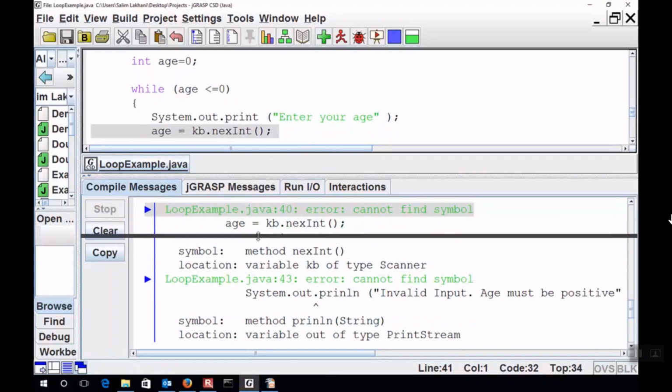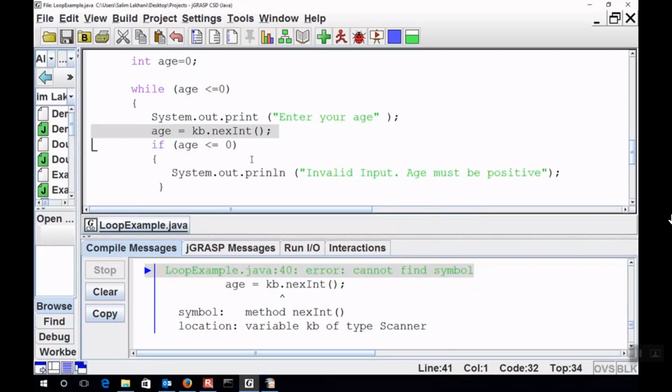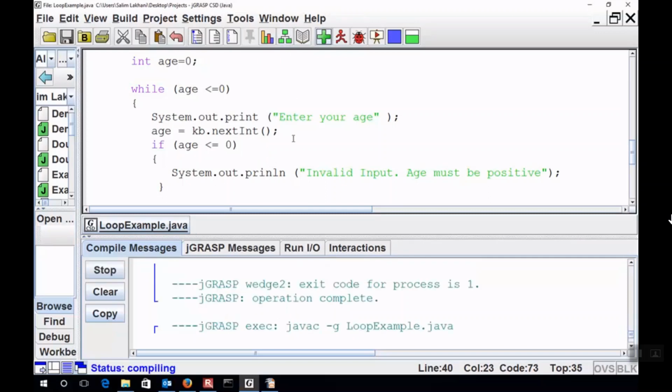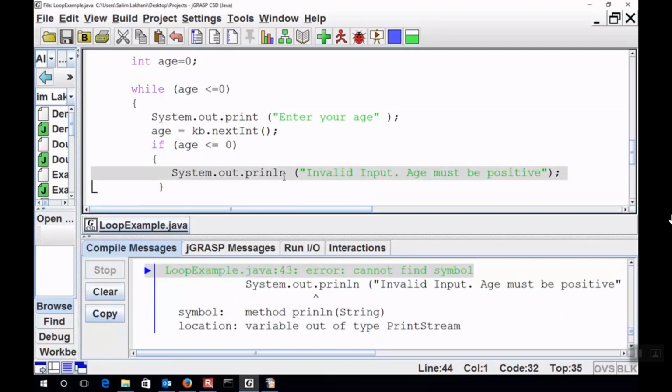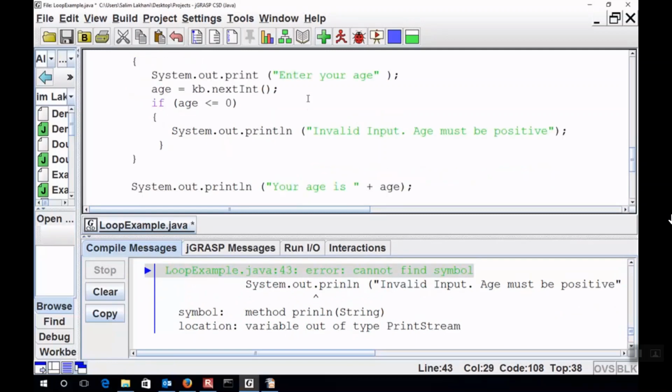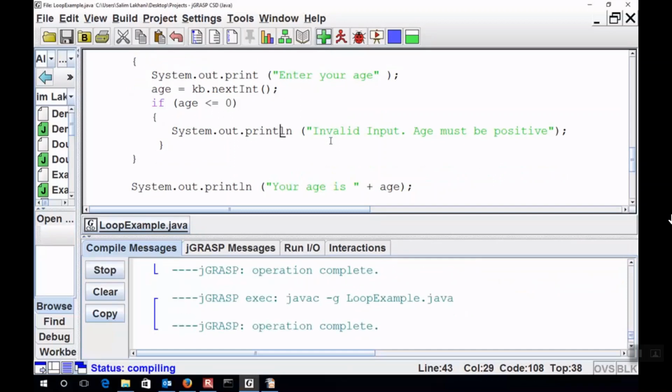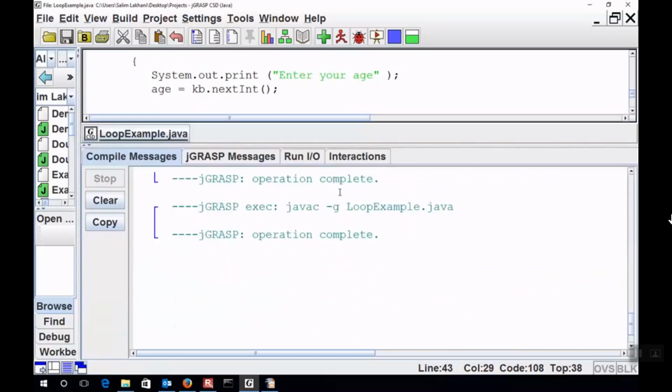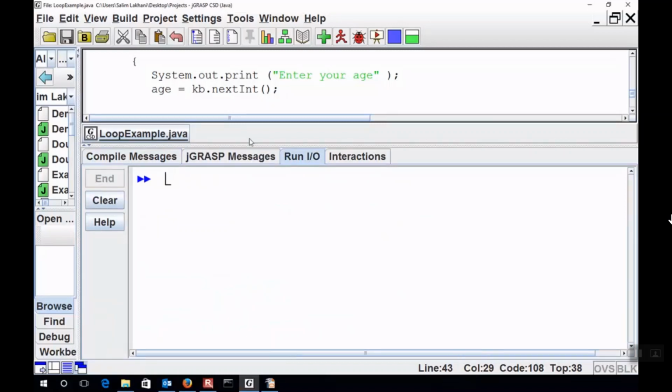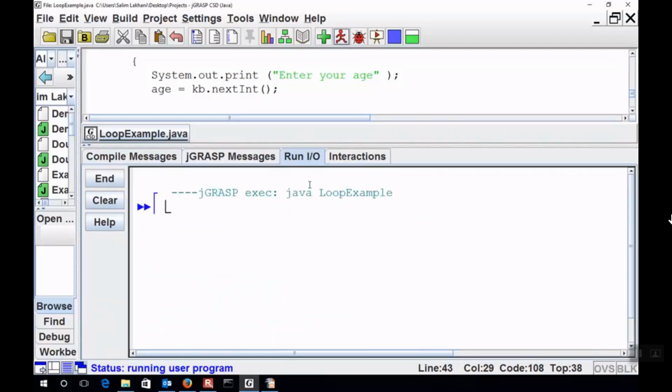Okay, so what happened? Keyboard. Okay, so I misspelled my next. Okay, let's try it again. So print. Okay, hopefully this time it will work. Yeah, that's good. Okay, so let's go and run this, clear this out, run this,